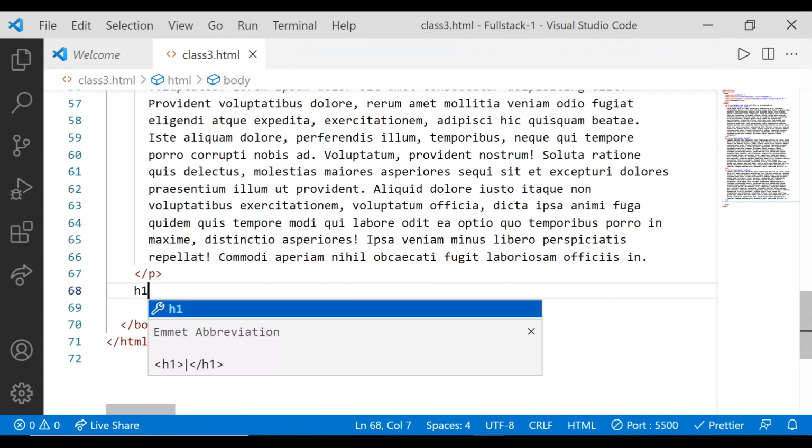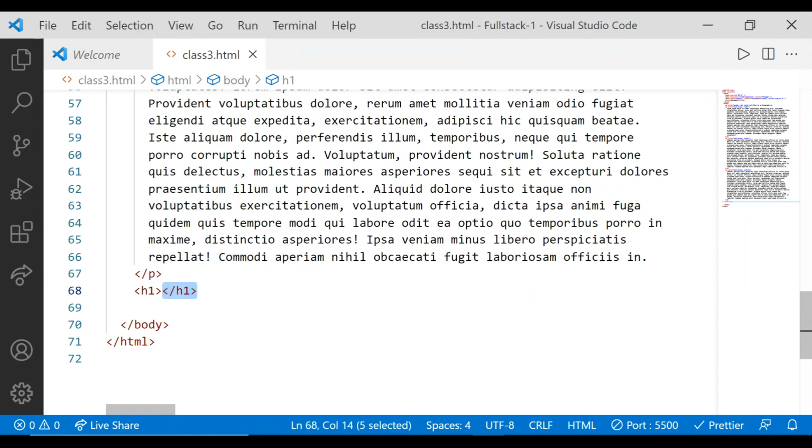तो उसके लिए मैं h1 use करता हूँ, and h1 is also having the end tag. Okay, because it's a pair tag. Maximum all the block level tags are pair tag. Means there is a starting tag and there is a closing tag. So I'm writing this is heading 1 because it's the first level heading.